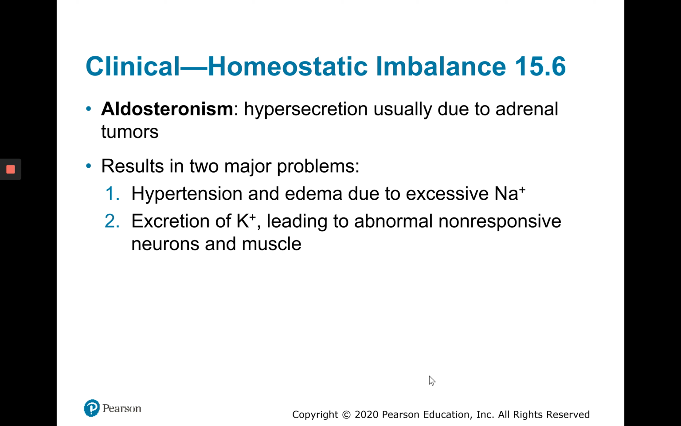We also want to look at a homeostatic imbalance. A homeostatic imbalance associated with a mineralocorticoid and aldosterone specifically is aldosteronism. Aldosteronism is a hypersecretion, so overproduction of aldosterone. It's usually due to a tumor in the adrenal gland. It could be specifically in the adrenal cortex if it's small, but it could be a tumor that takes over